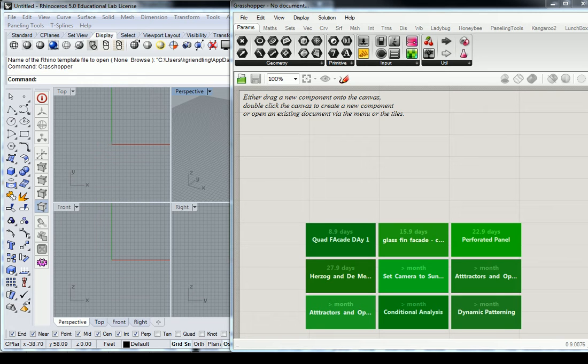All right, I'm going to get started now. So what I just mentioned is that today we're going to start developing the final. So what we're going to do is actually build basically the shell of a massing that has a curtain wall